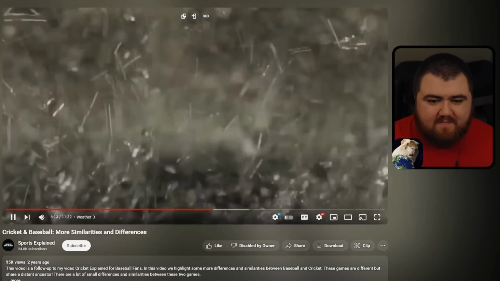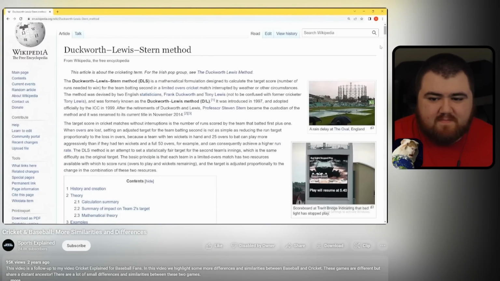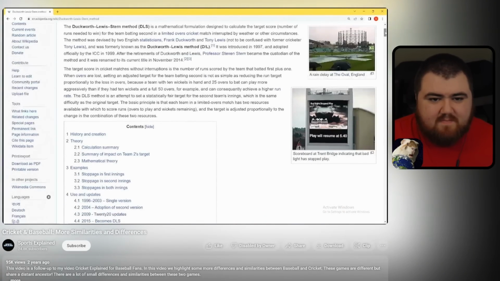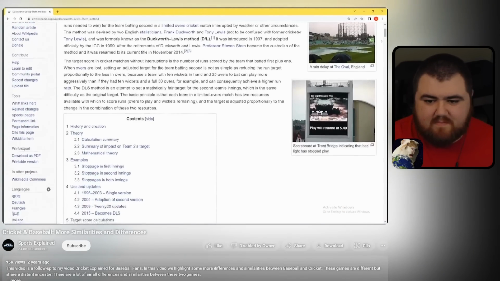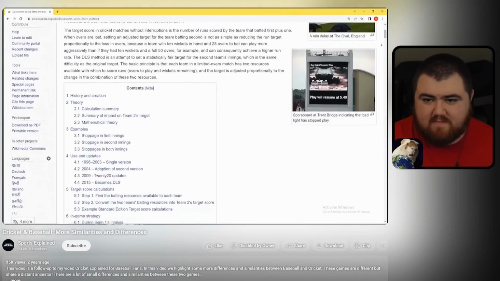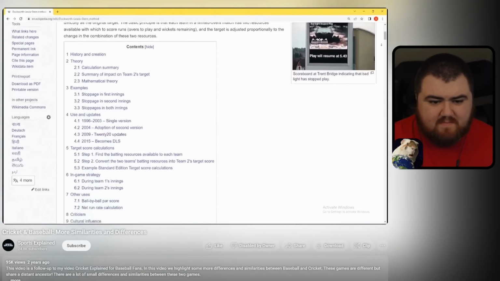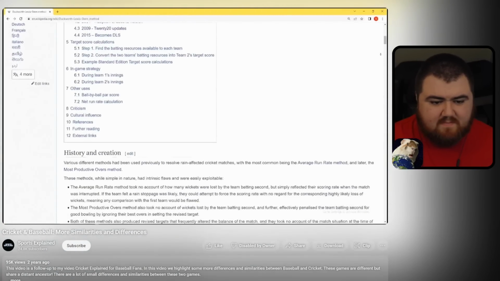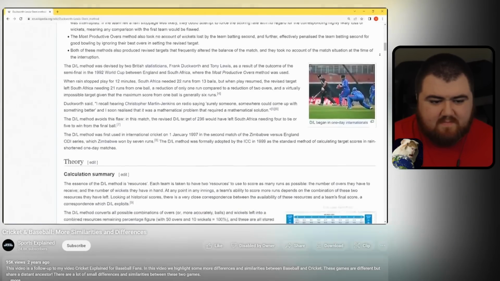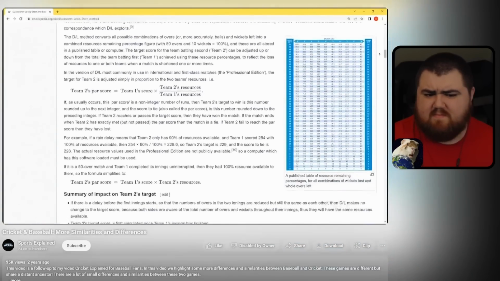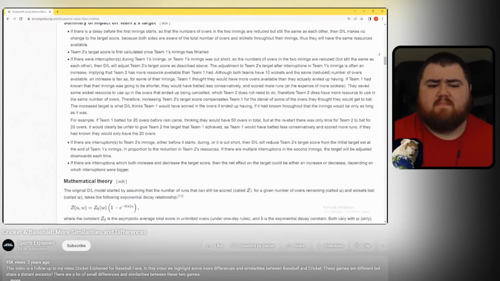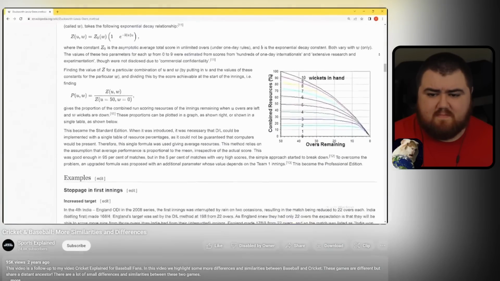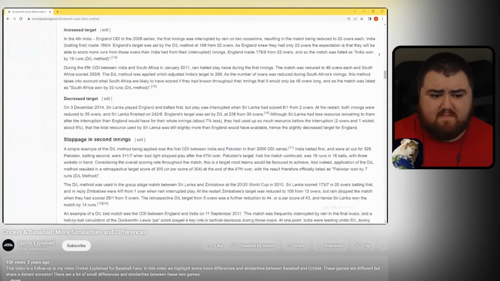If it happens during the second innings, and the batting team has had the opportunity to bat at least 20 overs if it's an ODI cricket match, or 5 overs if it's a T20 match, one team is declared the winner, but it's not necessarily the team with the most runs. They use something called the Duckworth-Lewis method to determine the winner. And this is way too complicated for me to talk about here, so there's a link in the description if you want more information about this.